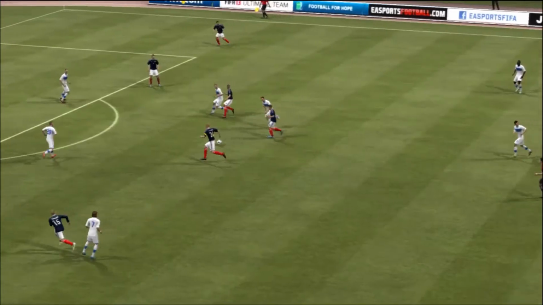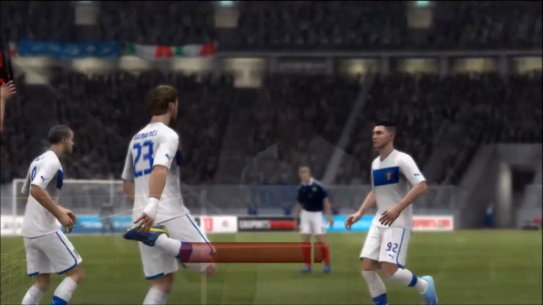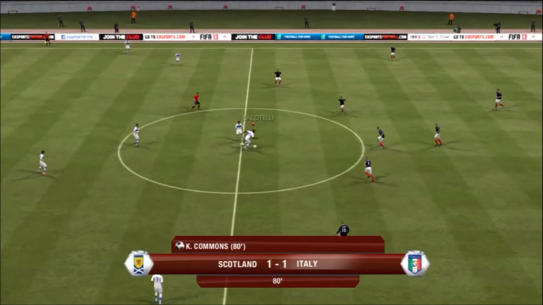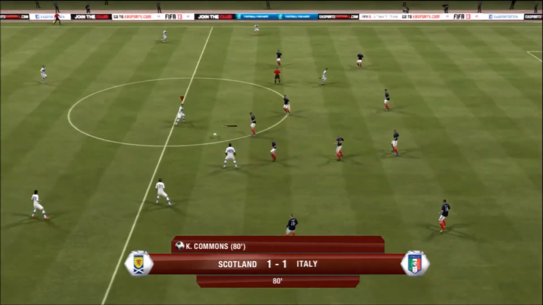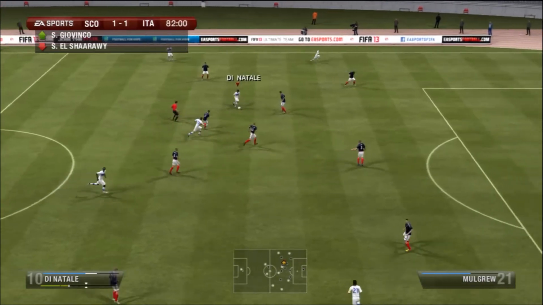But Chris Commons gets a goal back in the 80th minute, and this was very much like the Greece game, just poor defending. We threw away a 1-0 lead, so I brought on Diamanti and Giovinco just to switch things up a bit. Obviously Diamanti got the winner in the last game, had a really good goal for that, and again he plays